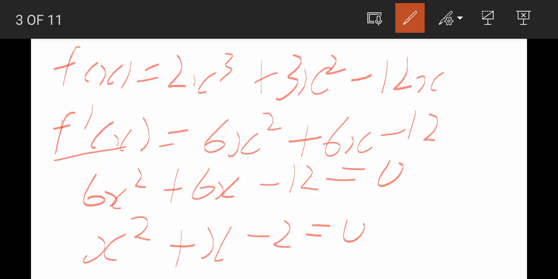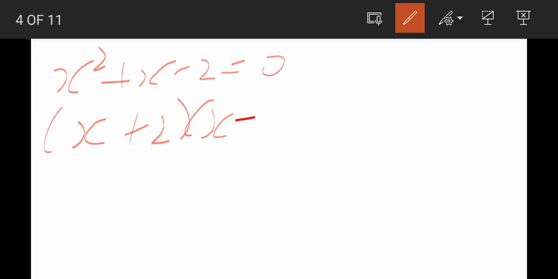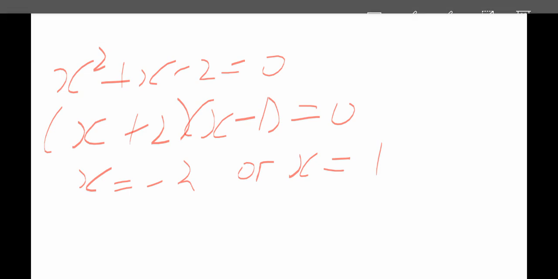We are supposed to factorize this one, right? So factorizing x squared plus x minus 2 equal to 0, we're going to have (x plus 2)(x minus 1) equal to 0. Then this is x equal to negative 2 or x equal to 1. And then if you can check there,